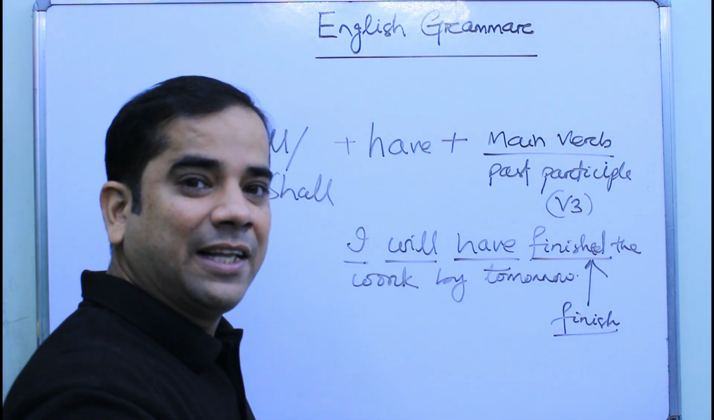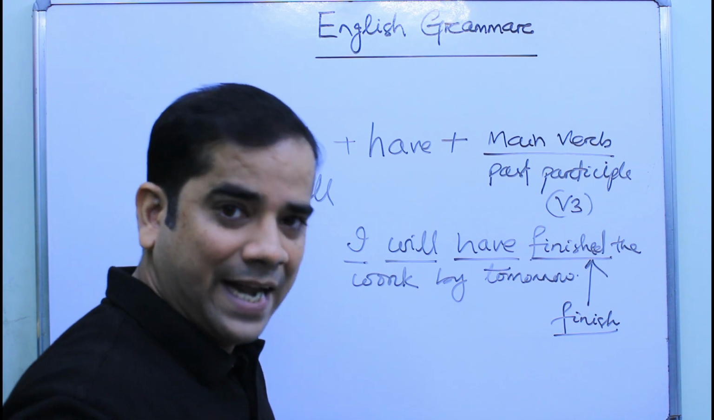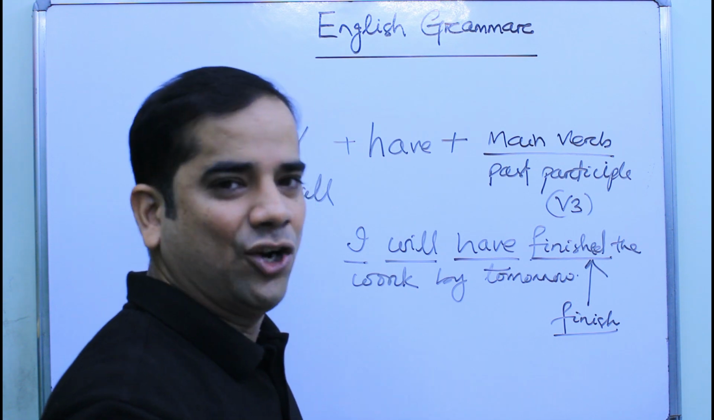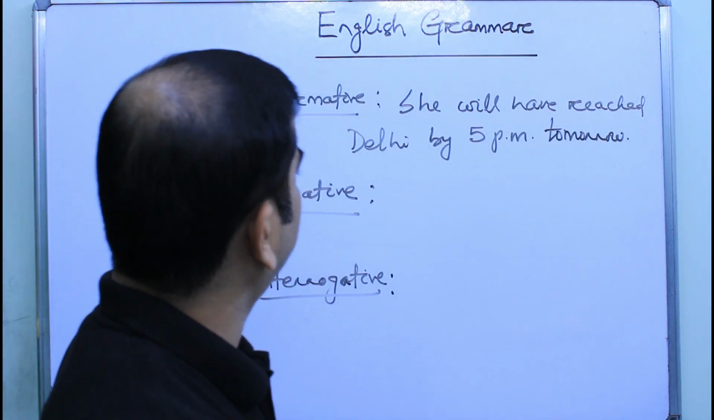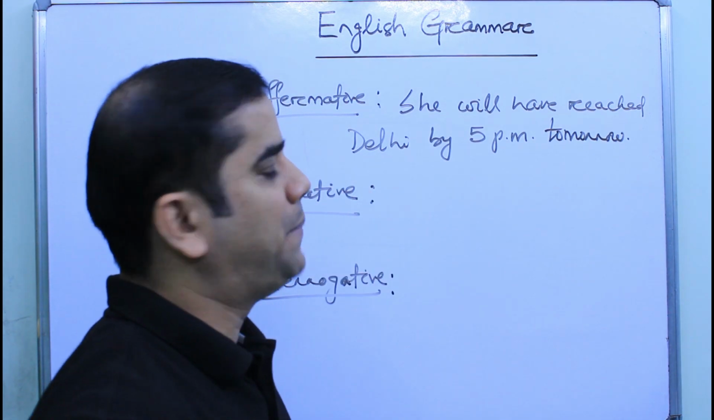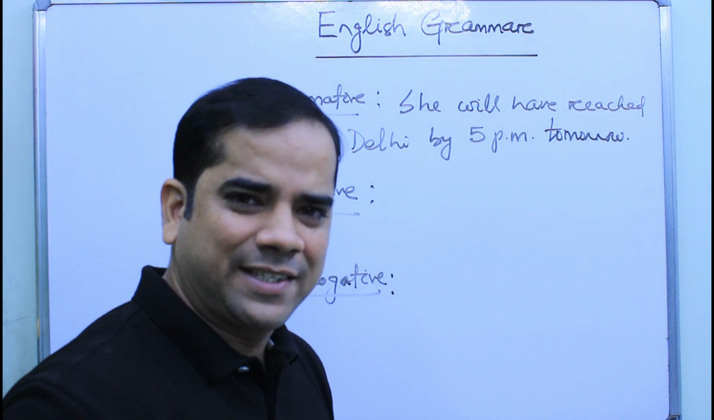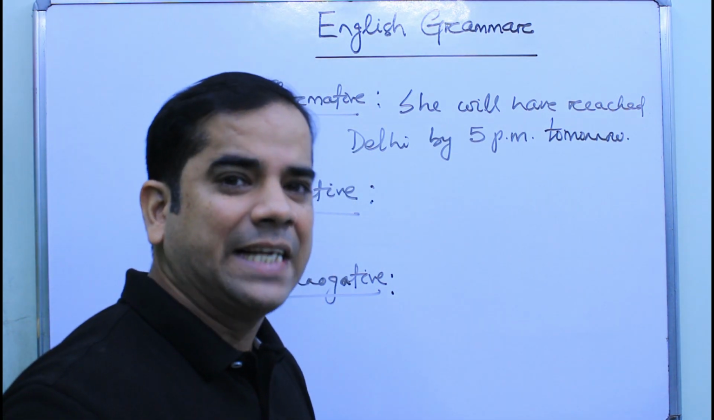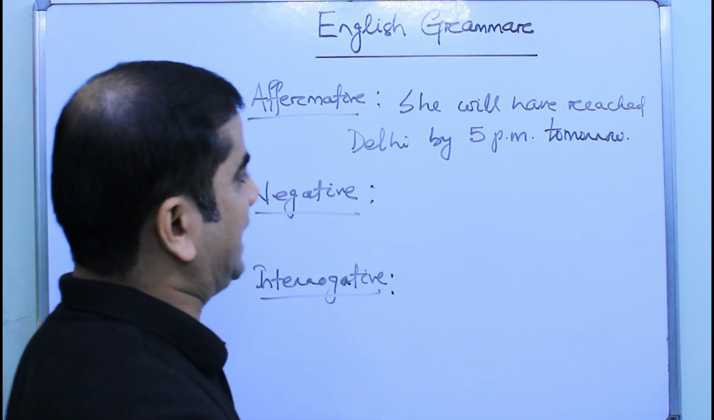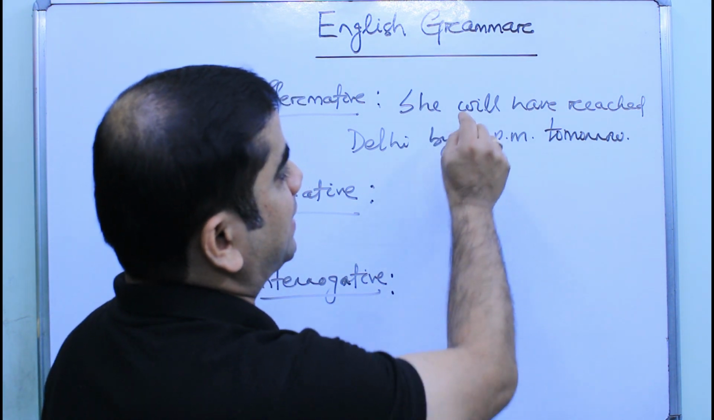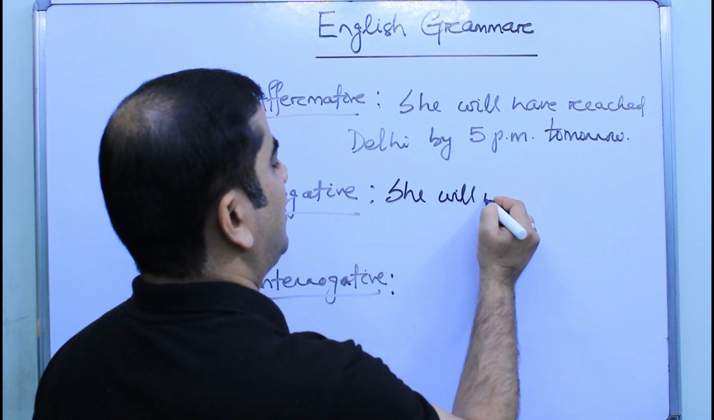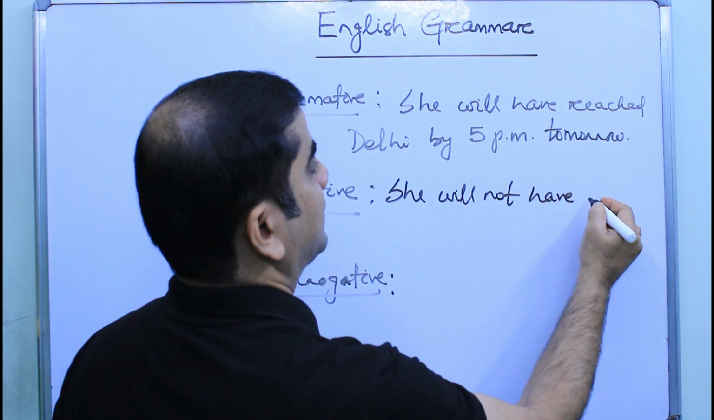Let us now discuss the formation of future perfect tense in three different kinds of sentences. Those are affirmative, negative and interrogative. Okay? Students, here we have an affirmative sentence. She will have reached Delhi by 5 p.m. tomorrow. Okay, as we have discussed in our previous tenses, the present tense and past tense, and also the formation of sentences, in case of a negative sentence we just need to put not after the helping verb will. So, she will not have reached